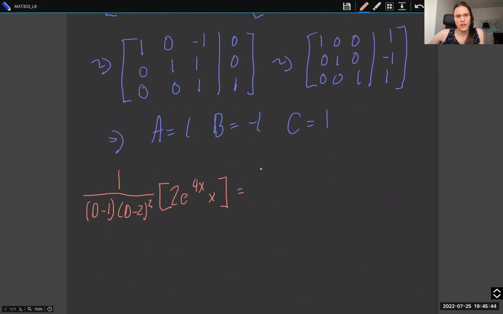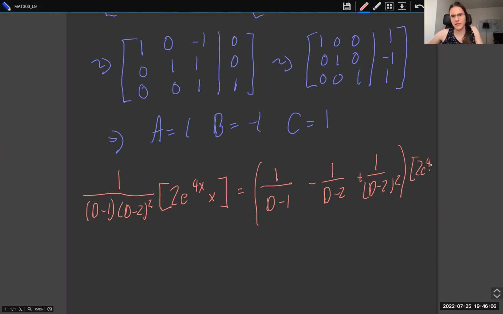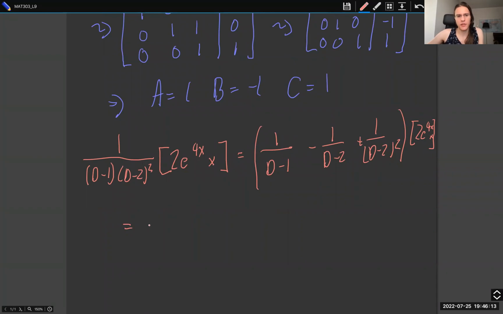So then we get 1 over d minus 1, minus 1 over d minus 2, plus 1 over d minus 2 squared, applied to 2e to the 4x times x, which is equal to, by the exponential shift theorem, e to the 4x. Then what we're going to do is replace d by d plus 4. So 1 over d plus 3, minus 1 over d plus 2,